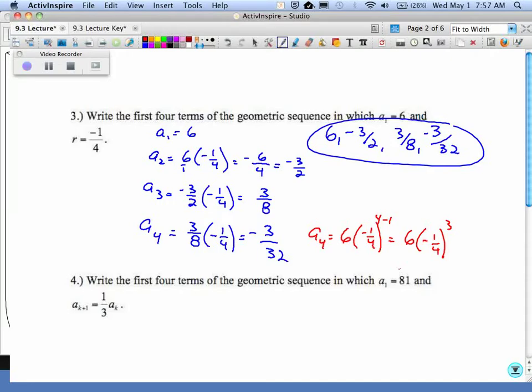With geometric, a lot of times it's much easier for us to work just one at a time. Multiply by r, multiply by r, multiply by r. Make sense? The numbers are just much easier to work with. Across the top, across the bottom. So we could take a look at,